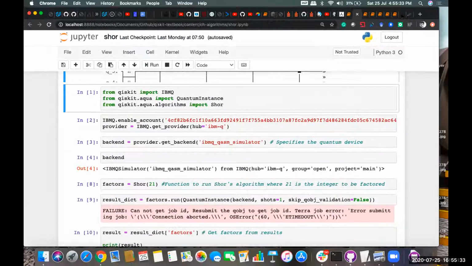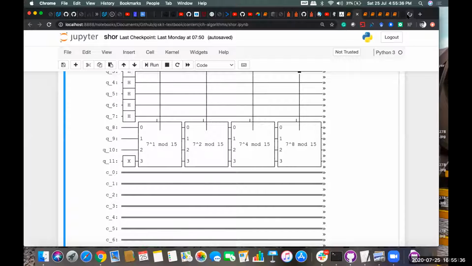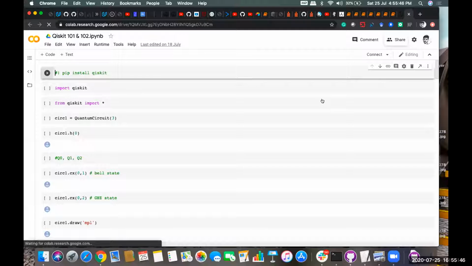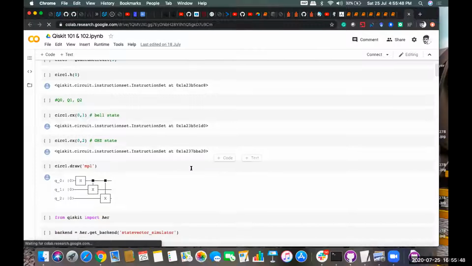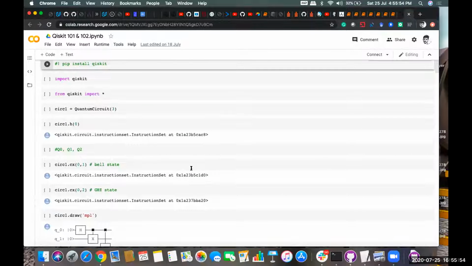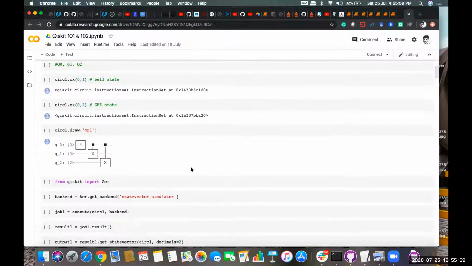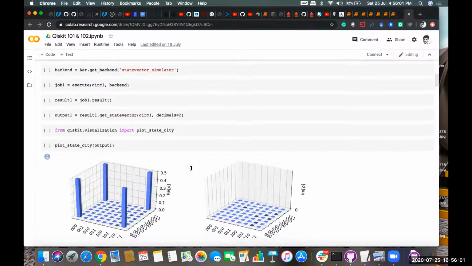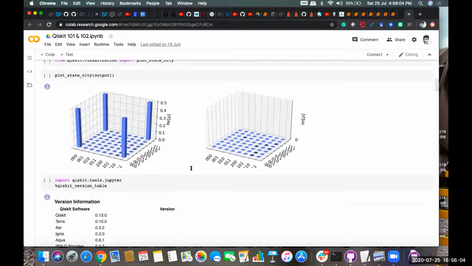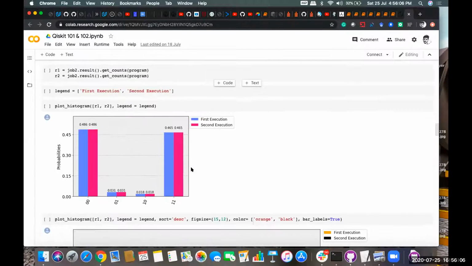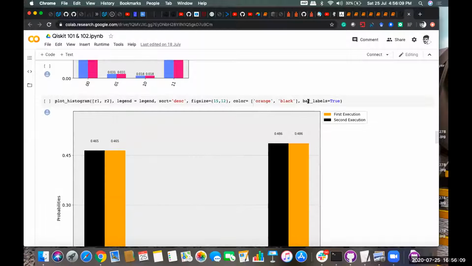Okay, so in the continuing session of Qiskit, we have covered different types of gates. Then we also had a look at what single qubits and multi-qubit circuits are and how we can create them. Also, we have seen how to put a qubit into a superposition state, how we can make two qubits in an entangled state, and the different visualization options which are available. All this has been already covered, I think, in session 1 and 2.